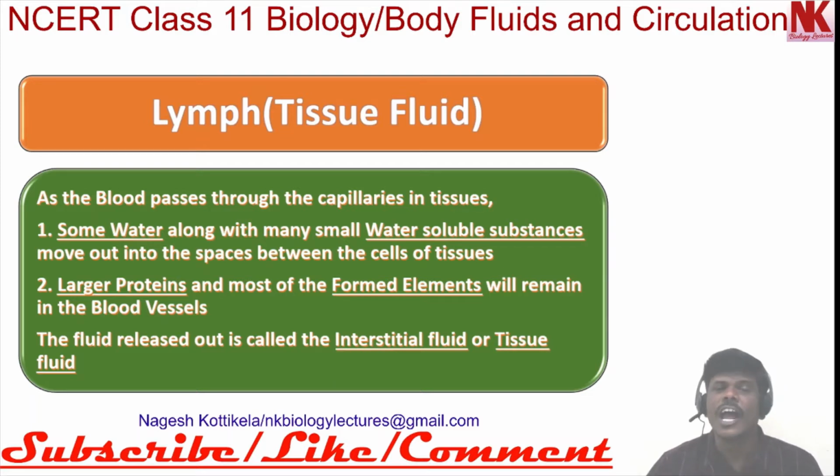Okay? So, among the three different types of formed elements, erythrocytes, leukocytes, and thrombocytes, some leukocytes can pass out along with the fluid. So, this is how the interstitial fluid or the tissue fluid is formed. After this,